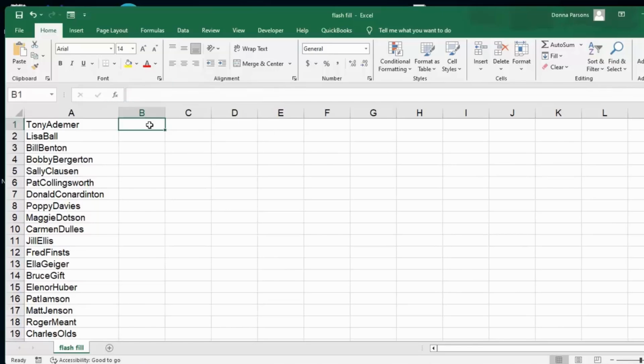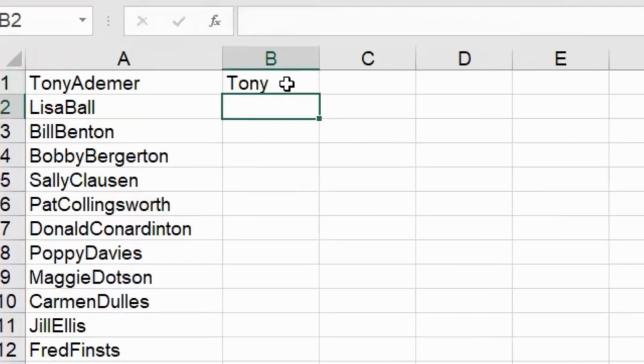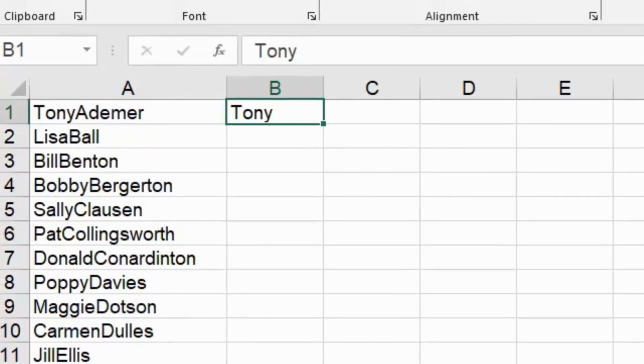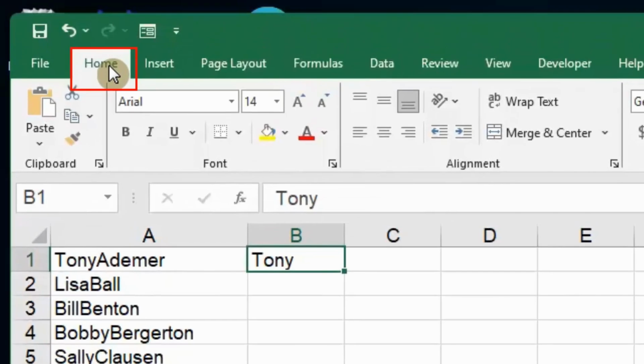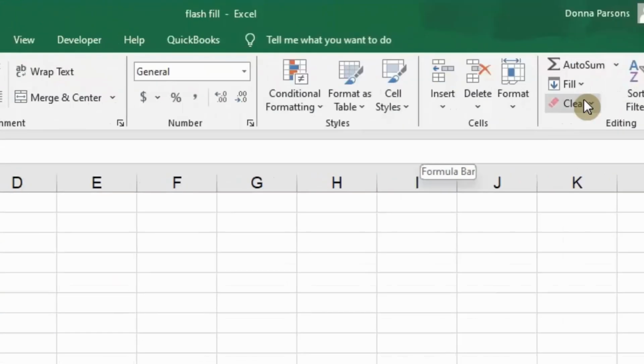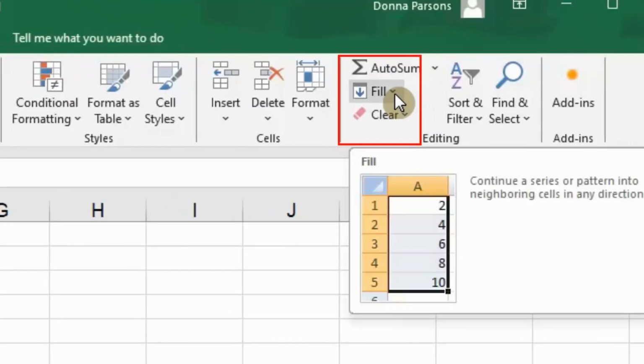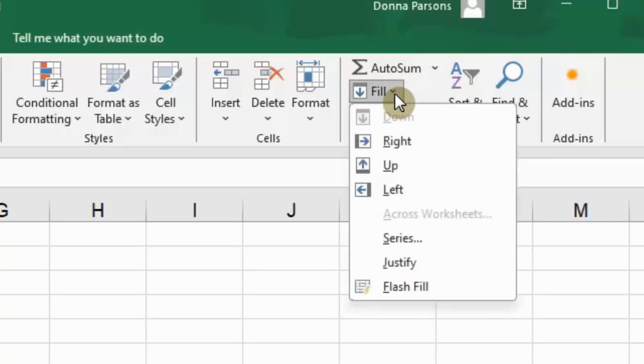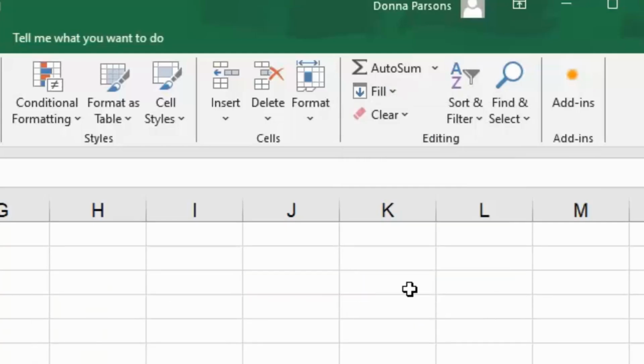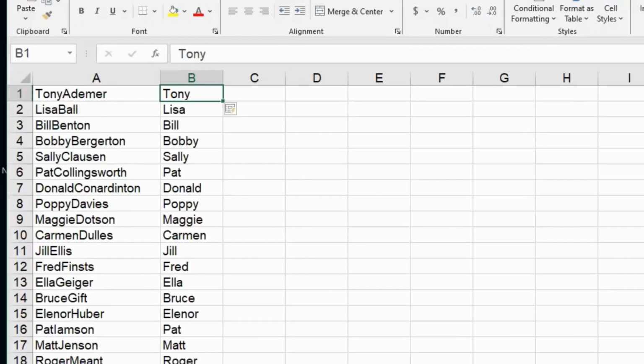So I'm going to type in Tony here and press enter on my keyboard. Then I'm going to come back up to the B column and I'm going to come over to my home tab. I'm going to come all the way over to the editing section and look for the word fill. I'm going to click the down arrow by the word fill. And I'm going to come down to flash fill. And when I select flash fill and left click my mouse, you can see that it automatically entered the last